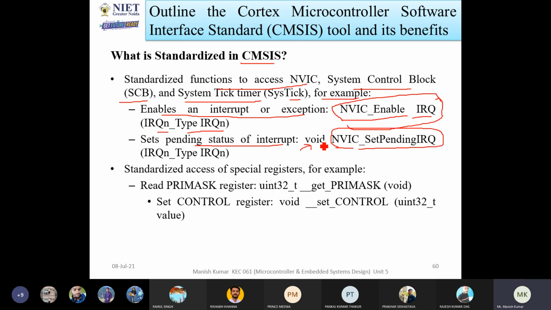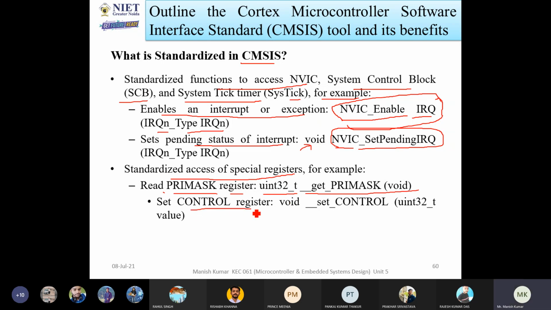And also when you are going to use the standardized access of special registers. Okay. So now if you want to use special registers, like reading the PRIMASK register, uint32_t __get_PRIMASK(void). With the help of these instructions, you are going to use the 32-bit PRIMASK register. So in all the processors, you can do this.